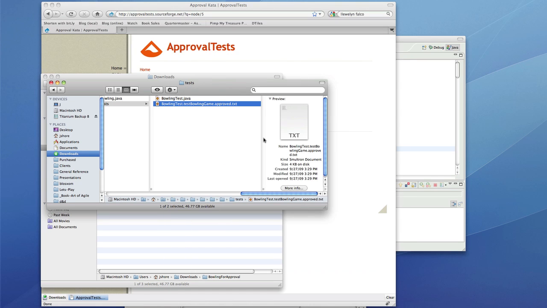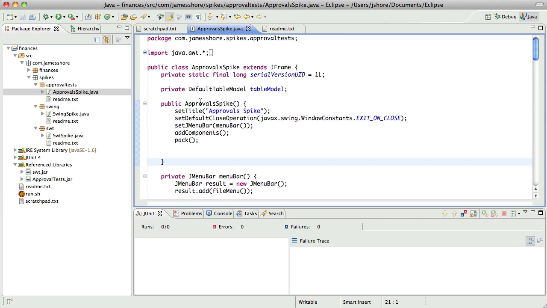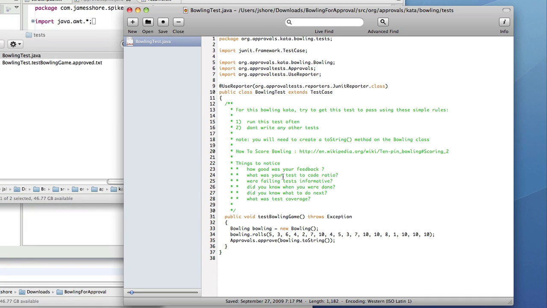Okay, so the way this stuff works is it's doing what I was talking about before, in that it takes a snapshot of what you want, or what happened, and it compares that to what you had previously documented as being what you expected. I've not actually used this. I've seen Llewellyn demonstrate it, and it seemed very cool. I don't know if it's going to work for what we want to do here or not, so that's why I wanted to do this spike. So I think what we need to do next is write a test using this approvals code, and it will look something like this, I guess. I don't know, but